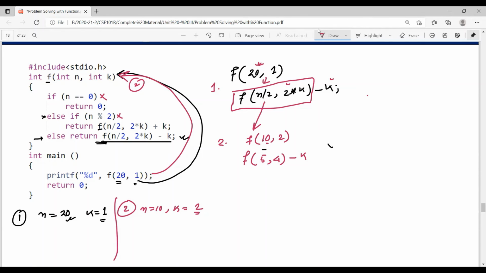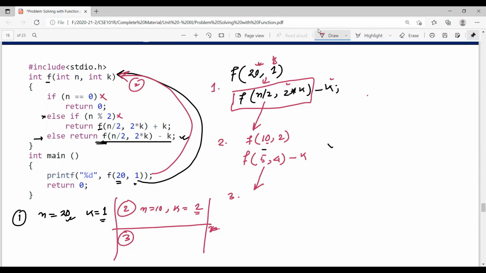So this was the value of k, the second parameter. We'll use these values later. Now again it generates another function call, the third time. Let's write it here, there is less space.